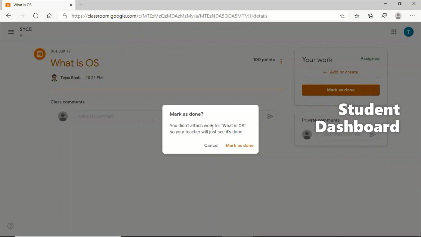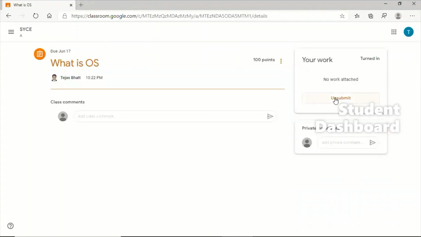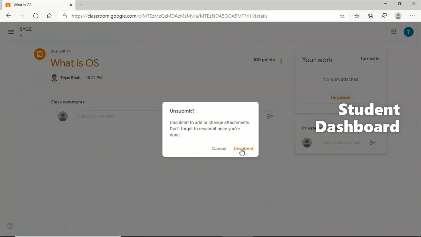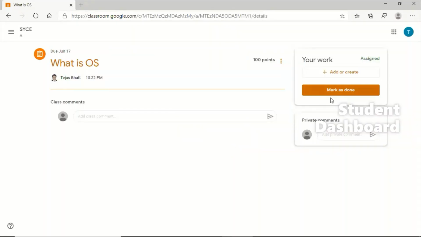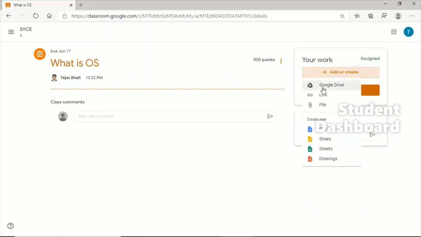Even if you forcefully tap mark as done, it shows your assignment is unsubmitted. That means you compulsorily have to attach your assignment. So I simply unsubmitted. For that you have to add your assignment from Google Drive,